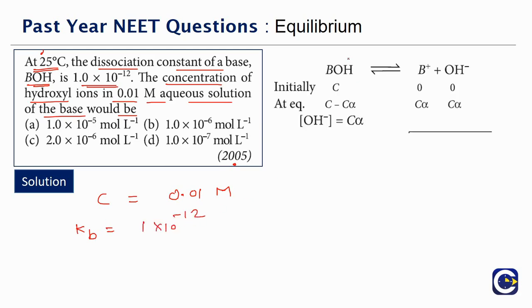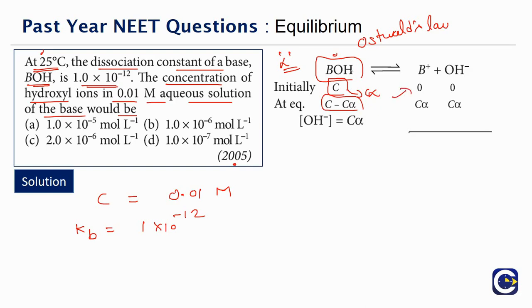So if you look at the dissociation of this, it is a monoacidic base BOH type. So this is what we analyze in the standard Ostwald's law for finding the alpha value. So if you have initial concentration of the base as C, and if alpha is the degree of dissociation, then the amount that is going to be dissociated will be C into alpha. So the remaining amount is what? Original amount C minus dissociation amount C alpha.